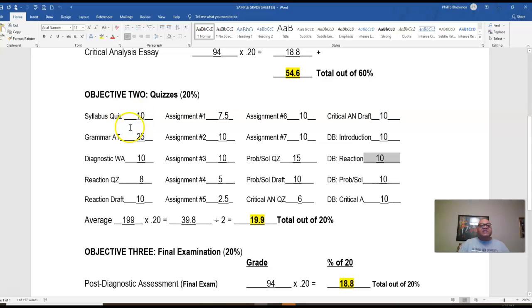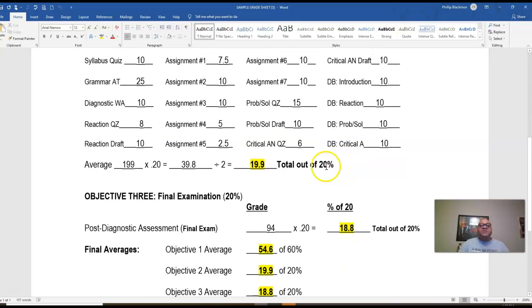Again, this is just straight addition. Add these numbers. When I average your grades, I count all the 10s first: 10, 20, 30, 40, 50, 60, 70, 80, 90, 100, 110, 120, 130. Count the 10s first, and then just add the rest of the numbers to it. For this one, after I added everything up, I got 199 points. Times 0.20, remember this is times 0.20, equals 39.8, and then I divide that by 2,